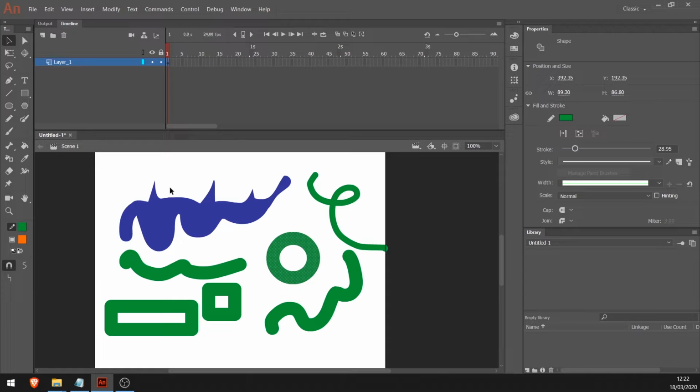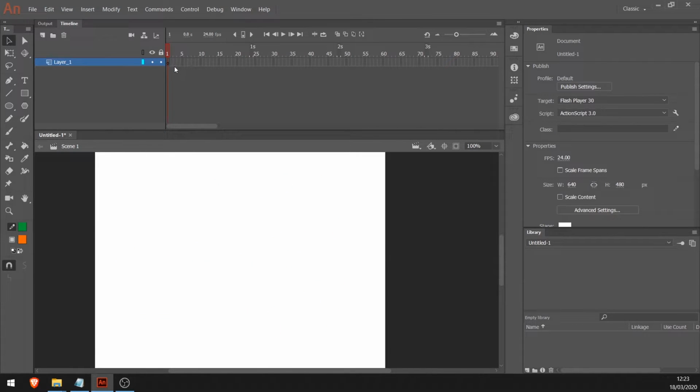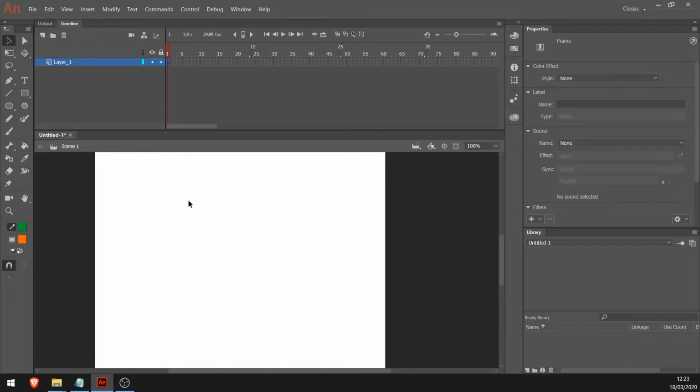And while we are creating this, you probably didn't notice, but something different also happened here in my timeline, because I'm just talking about creating, but this is a software for animation. So my timeline is very important. And you see here in my position number 1, I have a keyframe, and this is a keyframe because I have this black dot, and it's not a dot, let's call it a circle, because if I delete everything, that black dot becomes transparent or just a circle, right? So this means that this keyframe is empty, and when I have something,